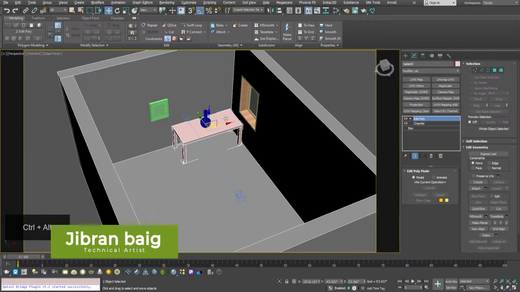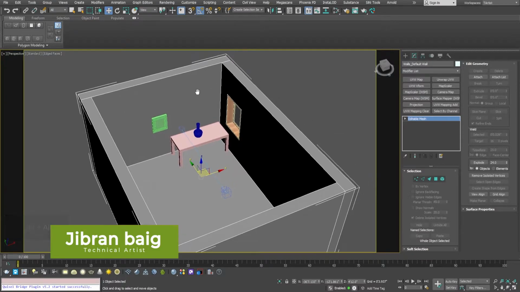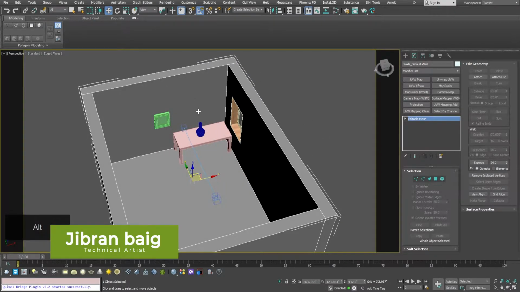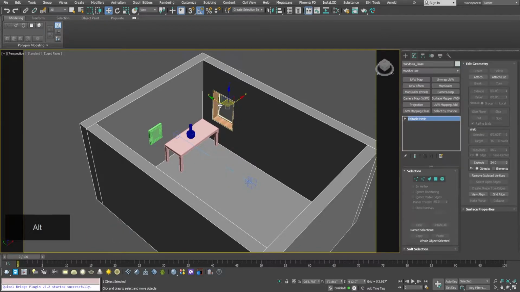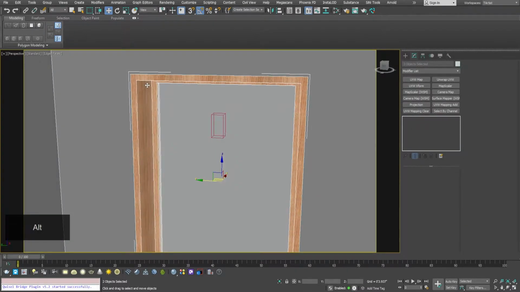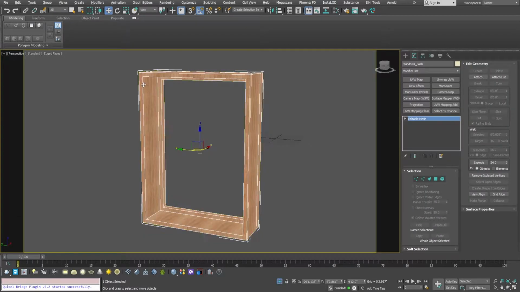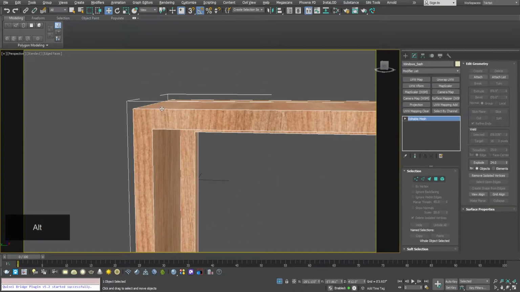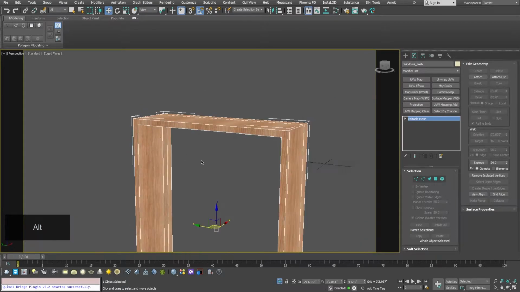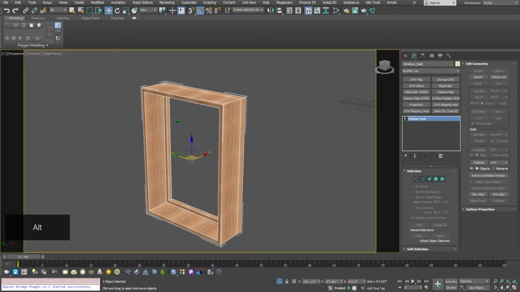Now, the first thing would be to inspect our scene. These walls, they came up from Revit, and I know the geometry that came from Revit, it's not good because it does not have the proper topology. By topology, I mean, if I isolate this picture window frame, you can see that there is no cut over here. While this is not a problem in Max,